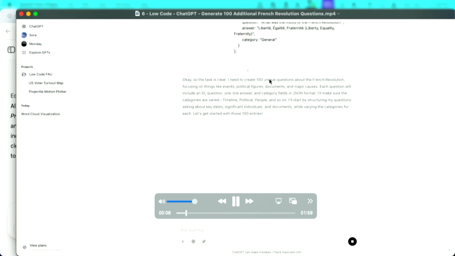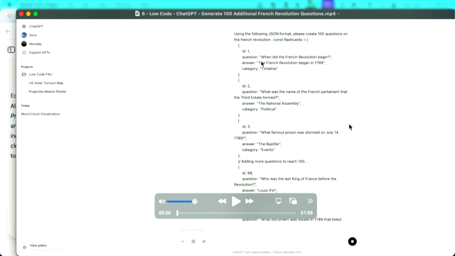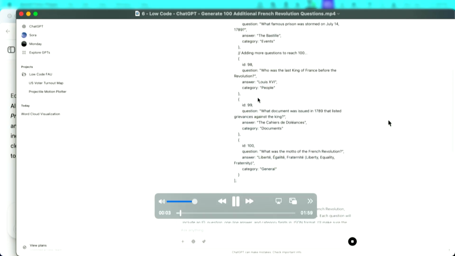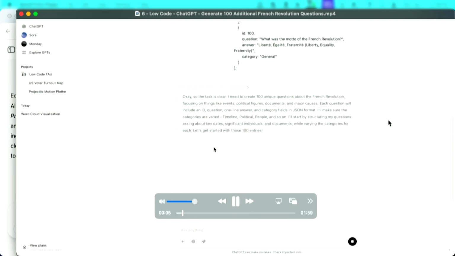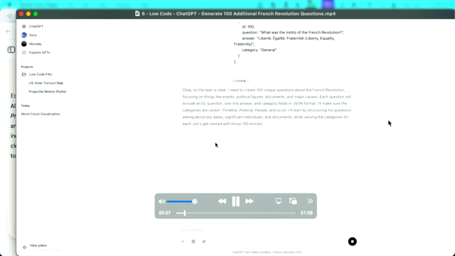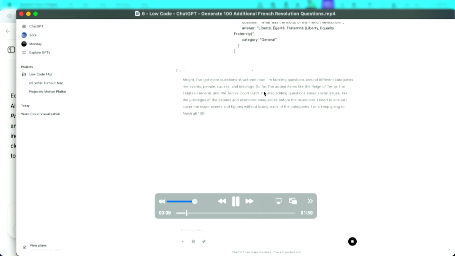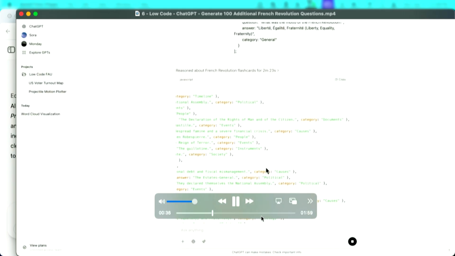And again, I didn't ask a coding question. My question was simply use the following format. And I did use the word JSON over here, which I guess technically is a little bit of coding, but I could have said use the following file format instead. Now it understood it, and here it is actually talking to itself on what it's trying to do, and it's going through the different steps of the reasoning model, and coming up with the actual output. And here's the output itself.